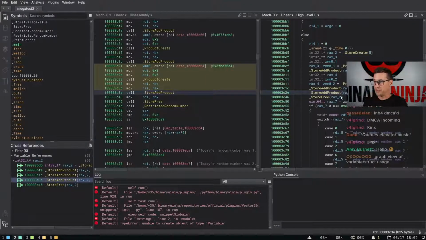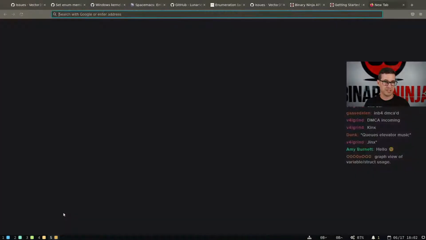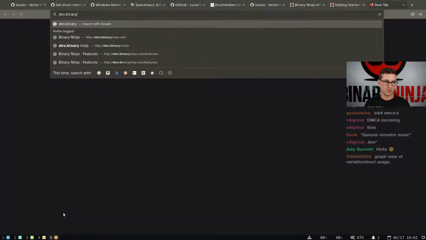So, graph view of variable and struct usage. I think I can pull up dev. I think I can do this. I can let y'all see a sneak peek. Okay, don't tell anyone. Shh, don't tell that I leaked this. Actually, I can do it from over here, right? Yeah, okay. So this is our super secret